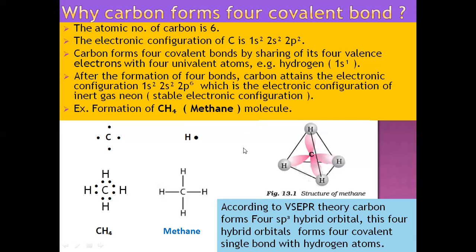When carbon goes into the excited state, its electronic configuration is 1s2, 2s1 and 2p3. And this 2s1 and 2p3, these 3 and this 1 electron, form 4 hybrid orbitals called sp3 hybrid orbitals. These 4 sp3 hybrid orbitals have a dumbbell shape, and these 4 sp3 orbitals form 4 covalent bonds with